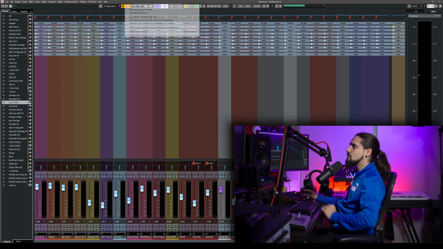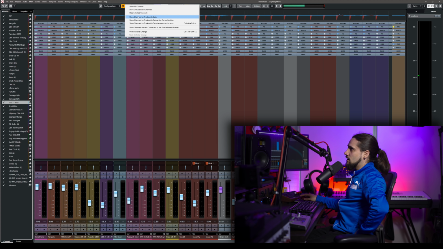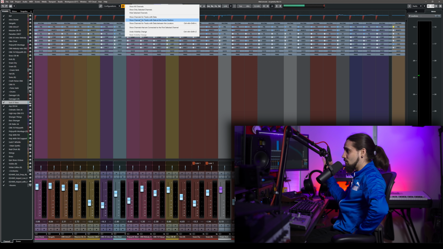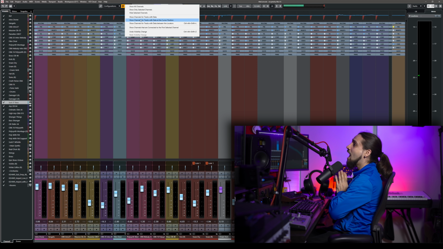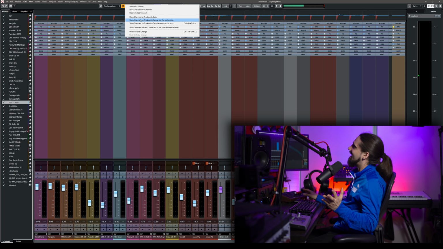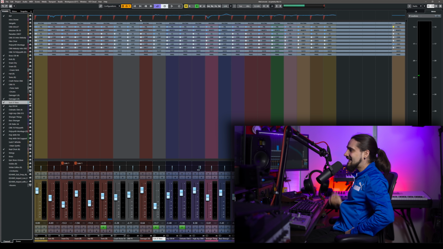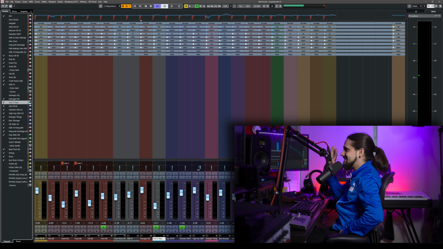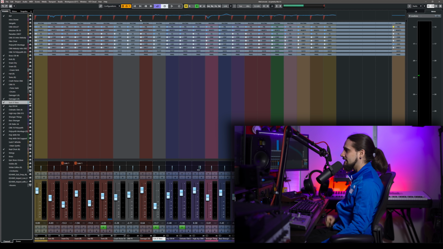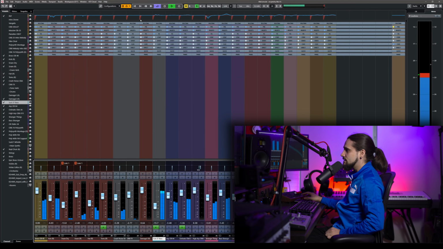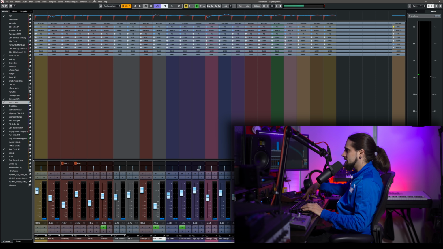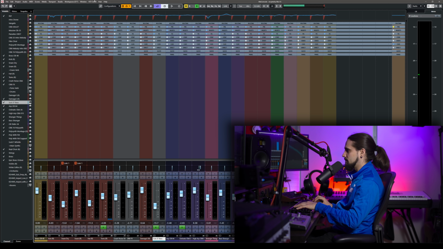You can say, why don't you show me only the tracks that have data at the cursor position? So where my cursor is, it will only show me the tracks that are playing. How cool is that? I'm honestly excited, guys, you know? Check this out. Boom. At this place of the project, these things are the only tracks that are playing. So I can focus on that because maybe I'm only working in the chorus and I want to see what tracks are playing. Now, if I go a little bit, let's go at the beginning.